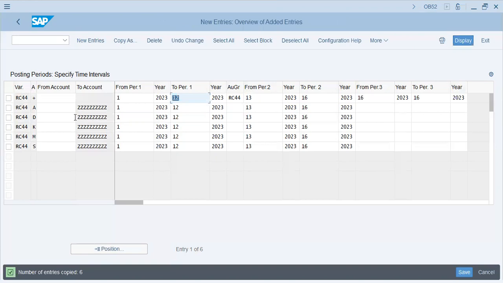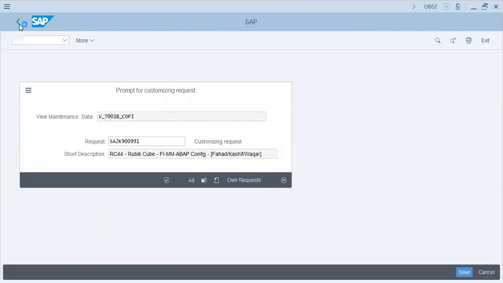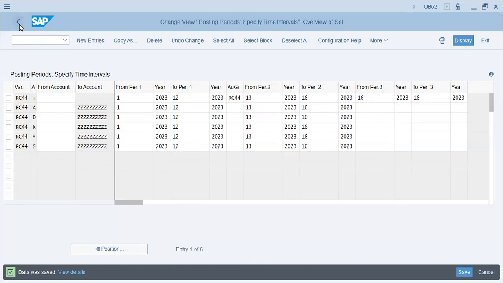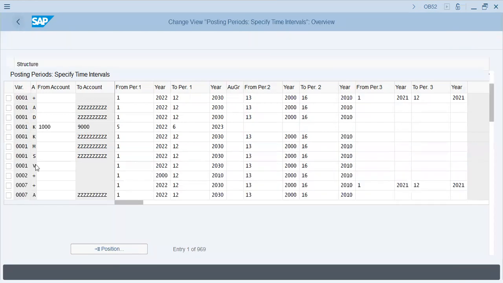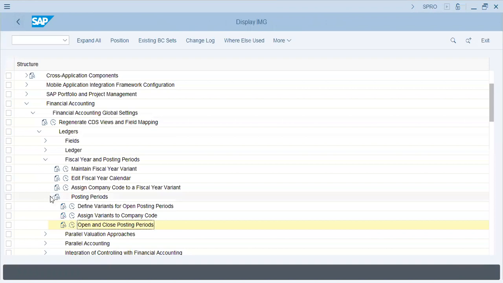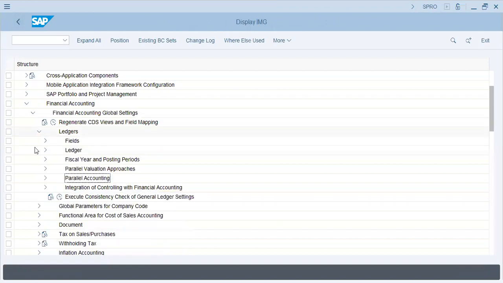Save and save. Okay, now that the posting periods are okay, we'll go to the next step. And next step is very important. And that is,